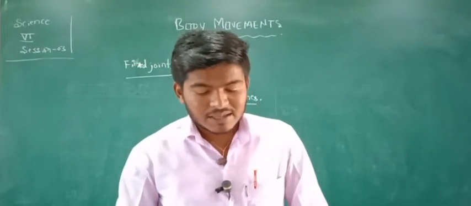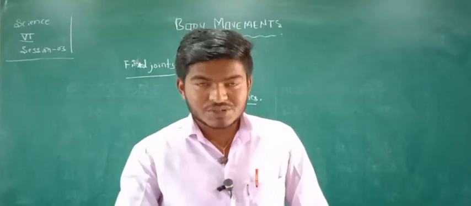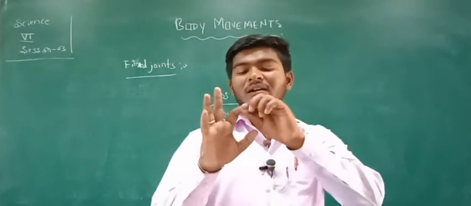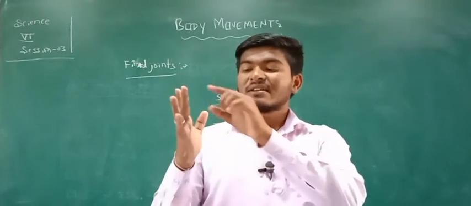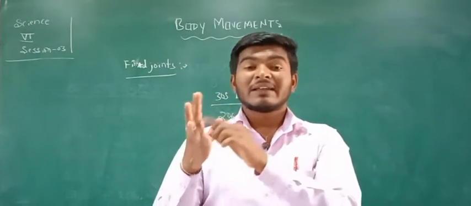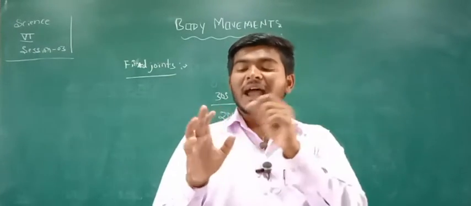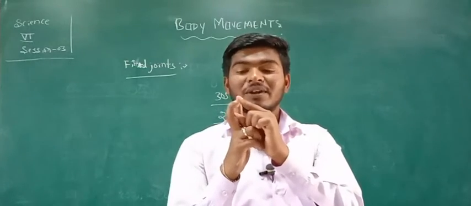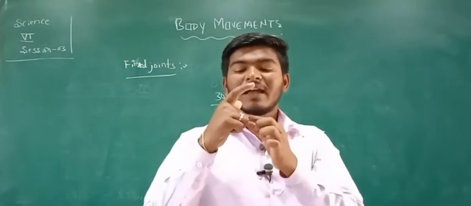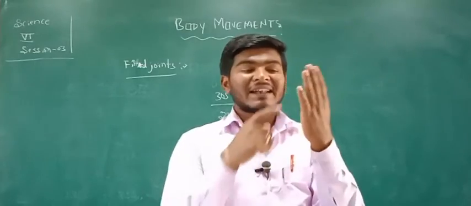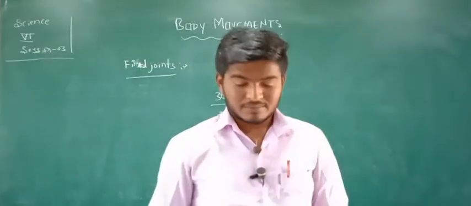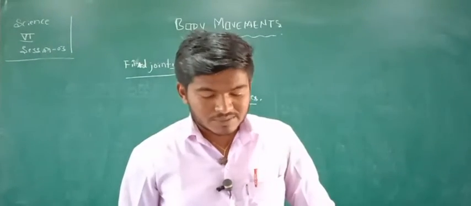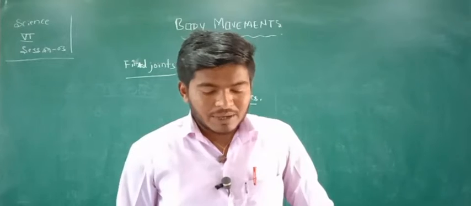Bend your fingers. Are you able to bend them at every joint? See here, our finger has about 1, 2, 3 joints. The fingers have 3 joints here. At every joint we can bend: we can bend at the first joint, the second joint, and the third joint. Like that, at every joint the finger can be bent. It seems to have many bones, isn't it?